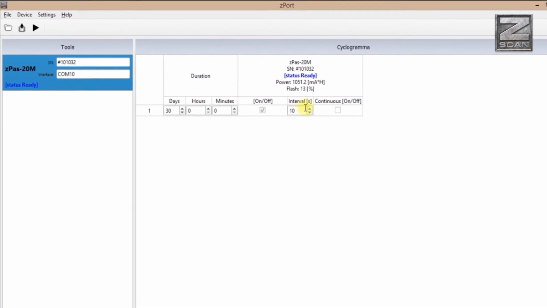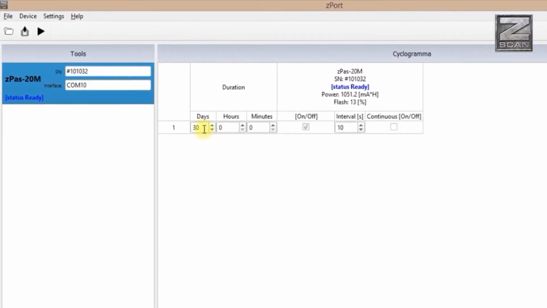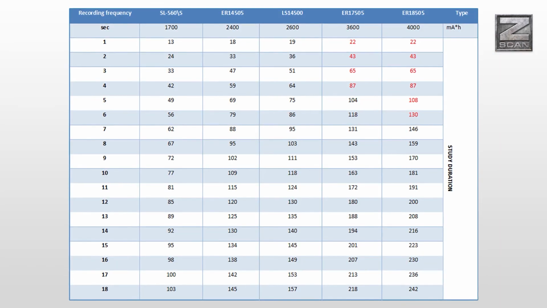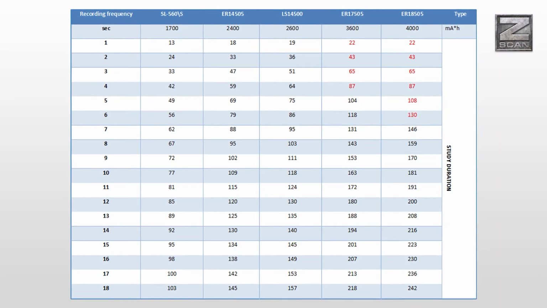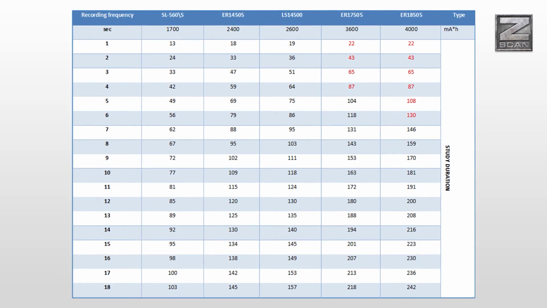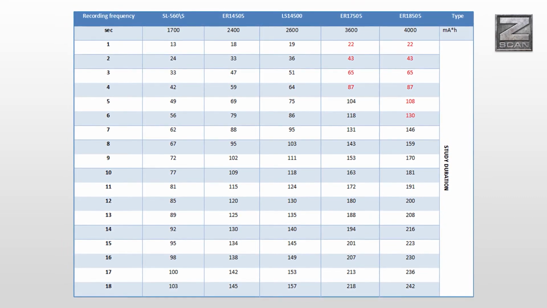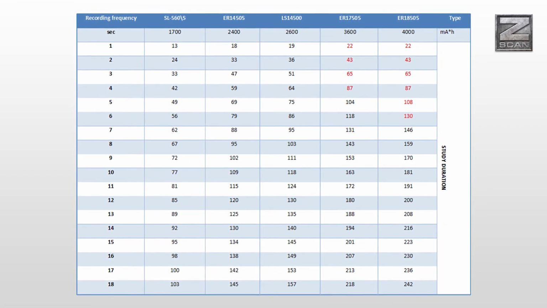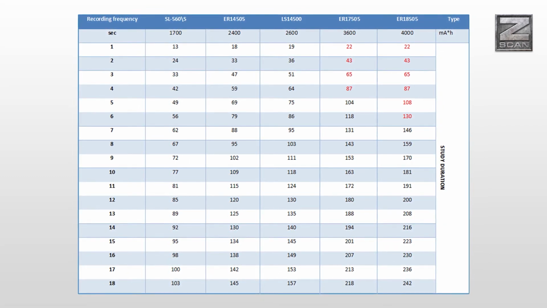on the software panel. If we change the number of days of research and the frequency of recording, we will see how these parameters change. Then we can see the required battery capacity and how long the gauge memory will last. Additionally, there is a table of the maximum battery life of the gauge for several types of batteries. This table is compiled according to the manufacturer's data, where the battery capacity and consumption of the gauge are given